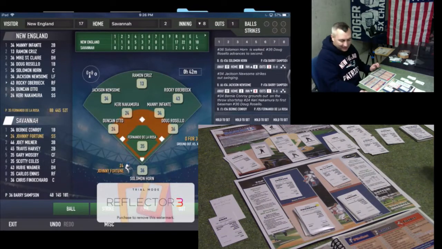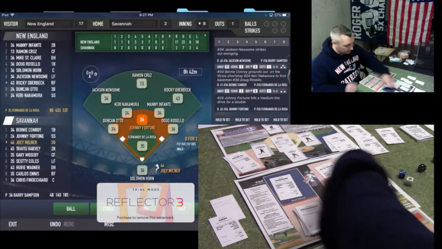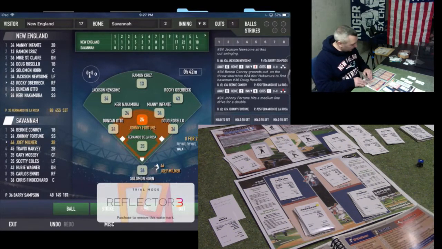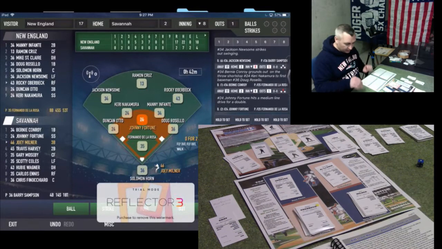All right, one down for Johnny Fortune. 1-1-3. Is he an ace? No. Slugger. Oh yeah, he'll double. All right, man on second. One down. Let's see, 1-3-5. That's going to be the unusual, and lead die is 1, so it's going to be an umpire check with